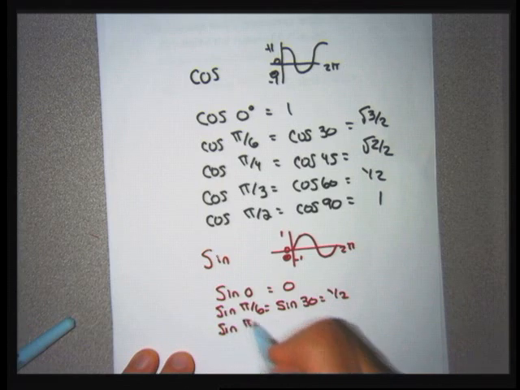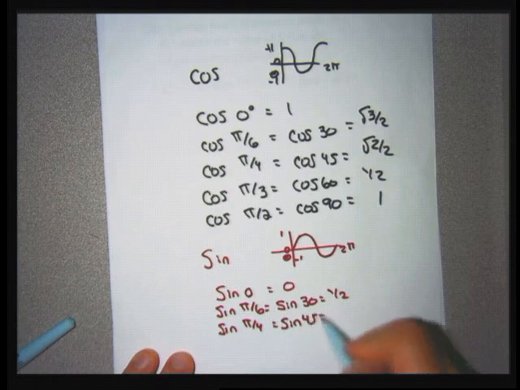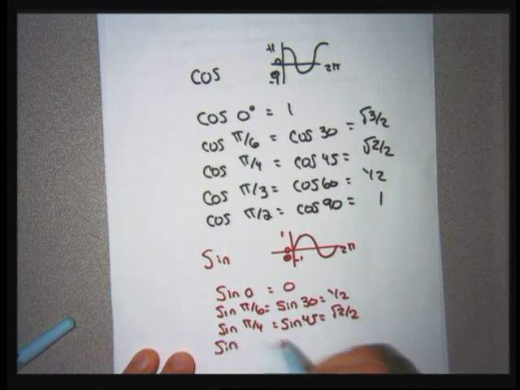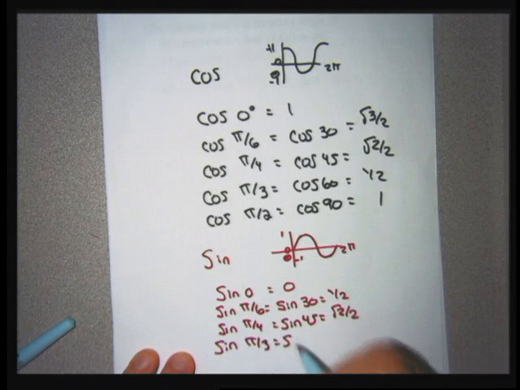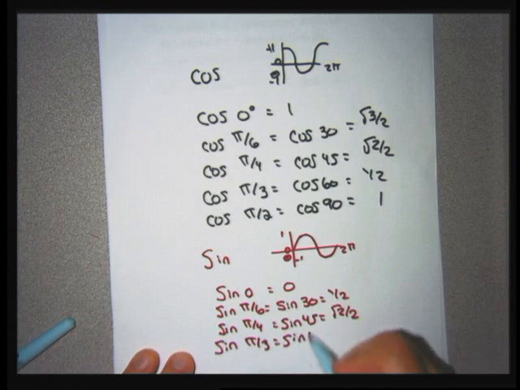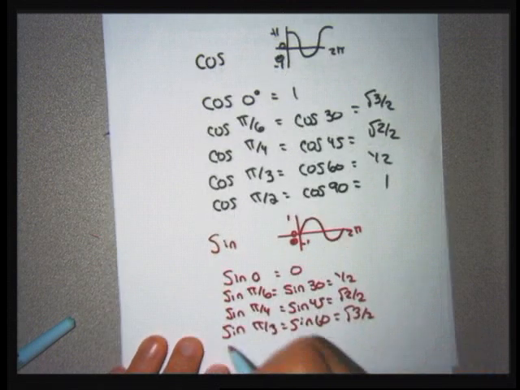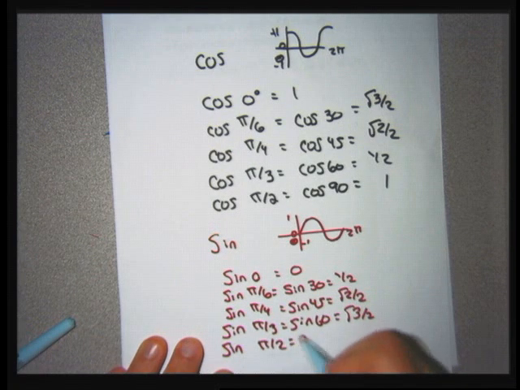Sine of pi over 4, the sine of 45 degrees, is the square root of 2 over 2. The sine of pi over 3, which is the same as the sine of 60 degrees, is the square root of 3 over 2. And the sine of 90 degrees, which is the sine of pi over 2,